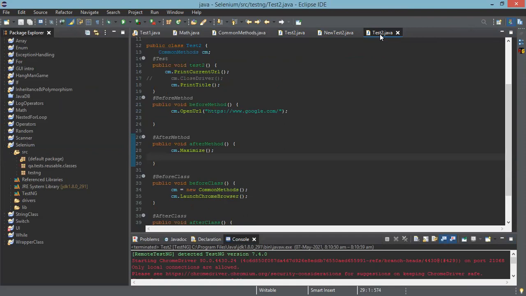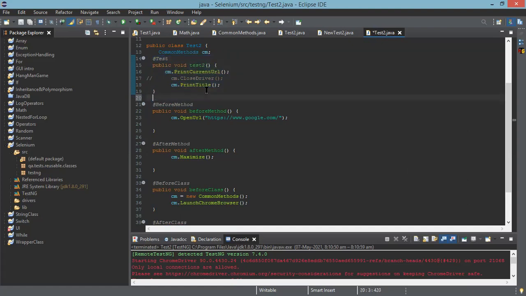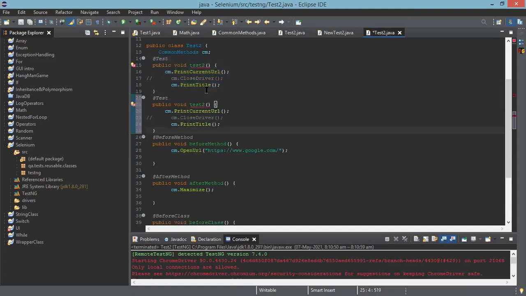Go there, copy this, duplicate line number 14 to 19. Paste it again. You change the name of the methods as we did earlier, test 1 and test 2. In one of them, you keep current URL and in the other, you keep a title.